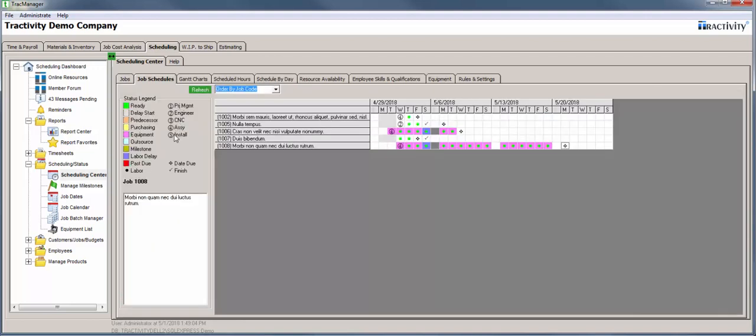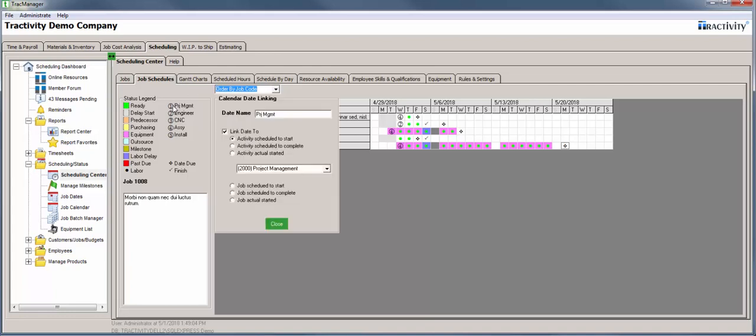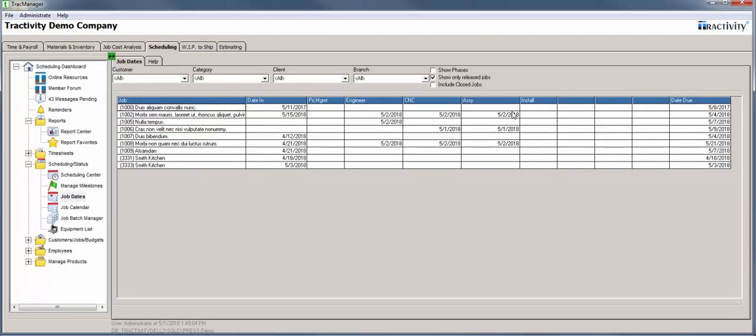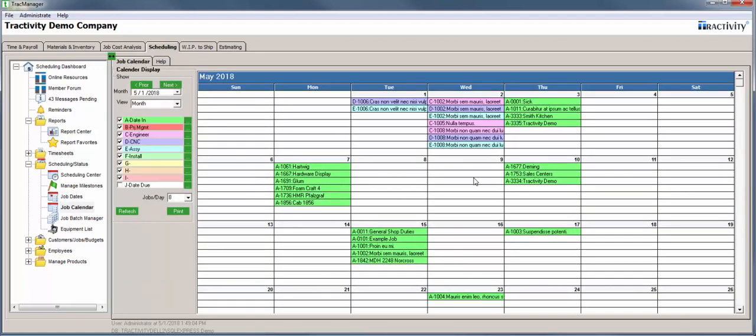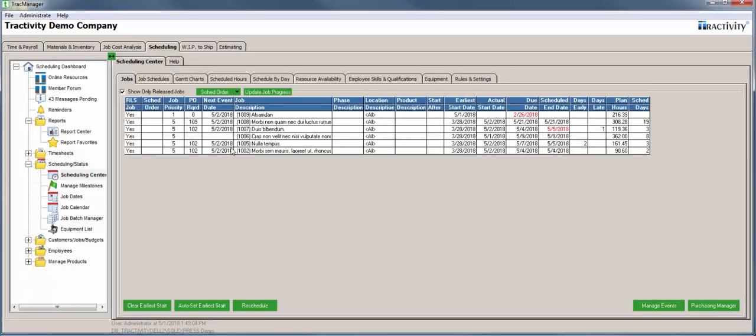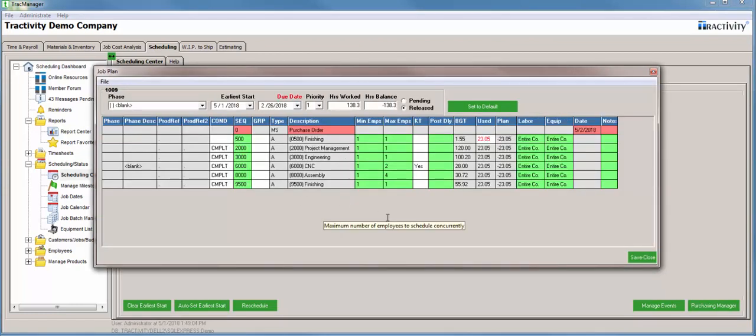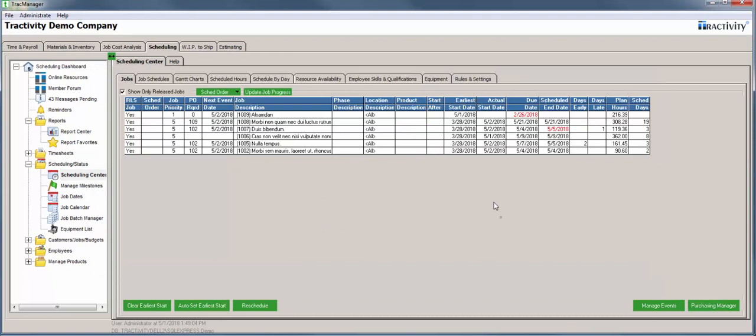Each of these little circles, these are customizable milestones that can be backfed. We can customize these to tie them into a scheduled event or something to be completed, and then they go back into something we call job dates, and those job dates are here, and they can go into something called the calendar. So there's a number of ways that this ties together, but generally the scheduling center is where you're going to be able to go, take a detailed job and process it, schedule it, simulate it, and then everybody will know what to work